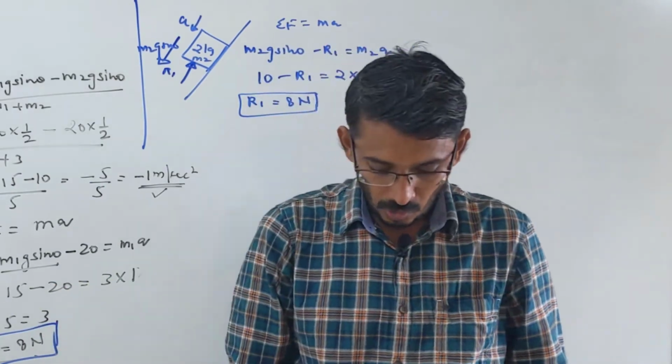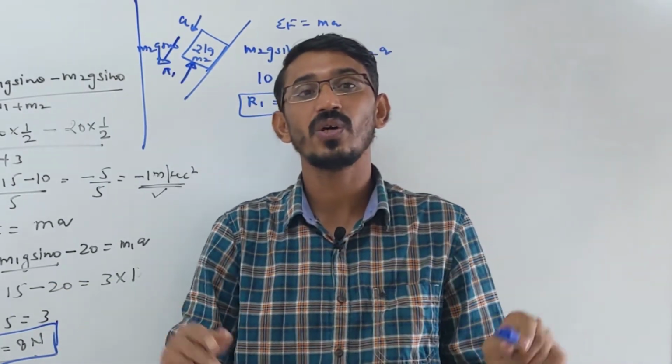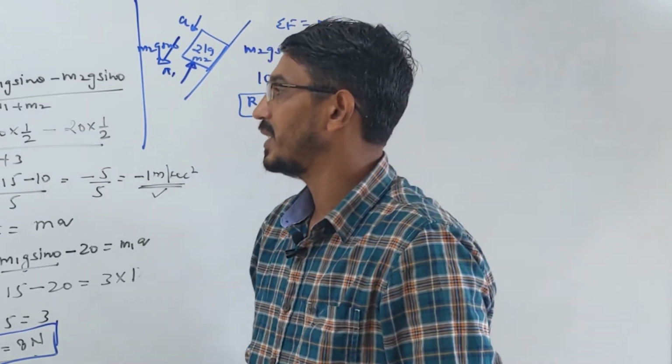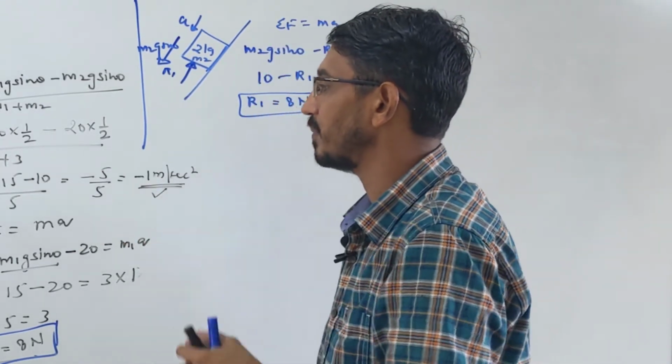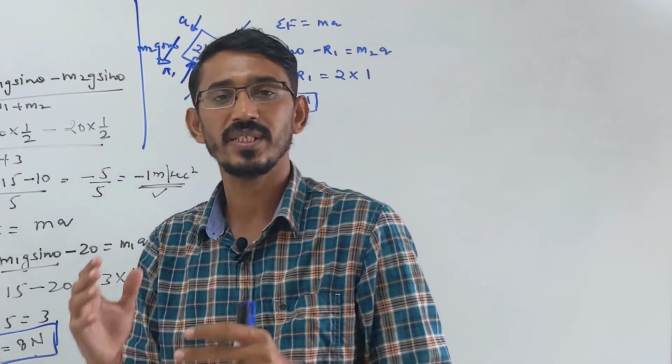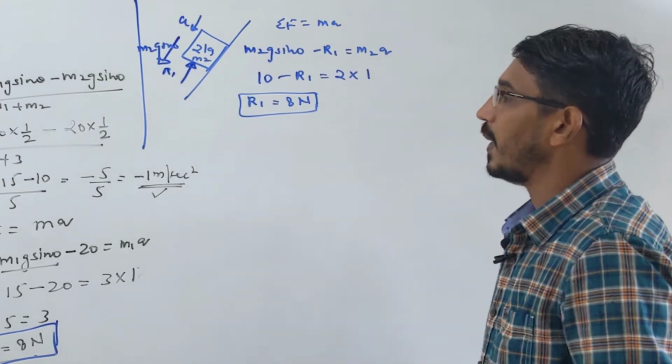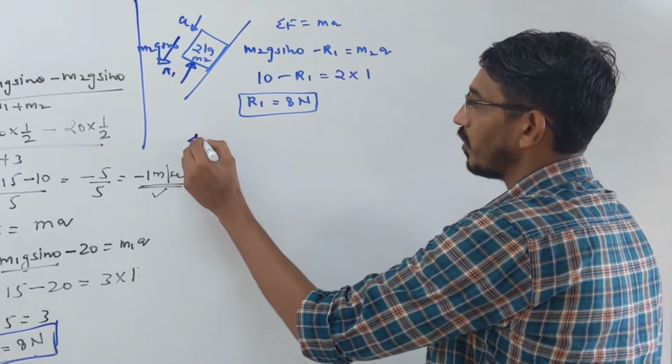So blocks are placed on a horizontal surface or an incline. Simple question only, you should not get confused. Very easy to answer. You find the net acceleration of the system, then write the FBD of the blocks which have fewer unknown forces, right? Apart from this, let me discuss one more example.